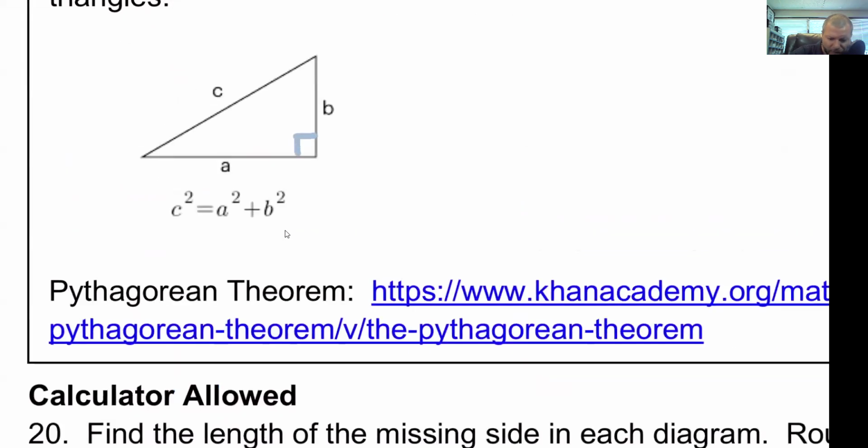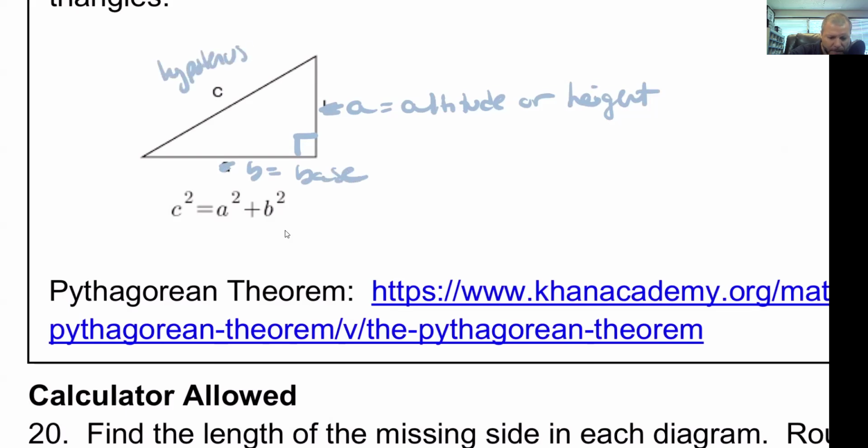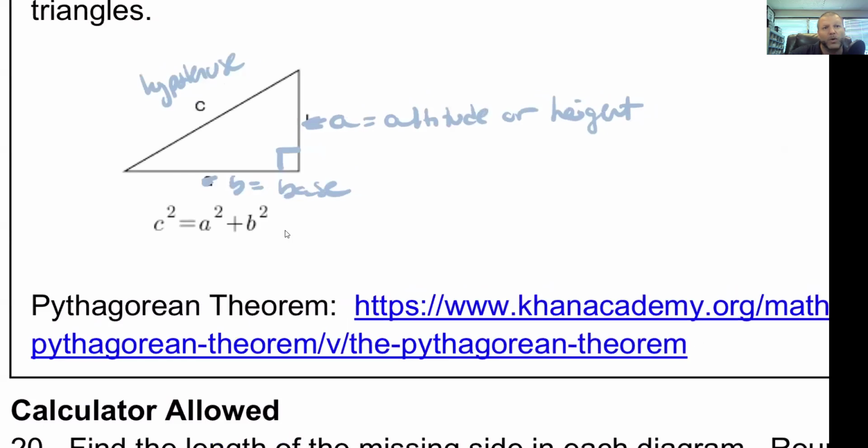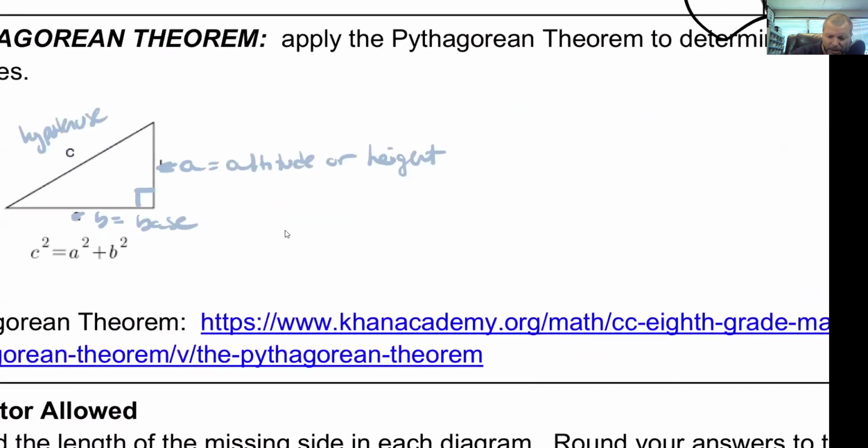So in this question, we can name a couple of things here. This side right here is the altitude, or sometimes called the height of the triangle. This down here is the base of the triangle, and this C is the hypotenuse. So a squared plus b squared equals c squared only makes sense if we already know what a, b, and c represent verbally. One of the things that's always important for Pythagorean theorem questions, and I've said this in other videos, the base and the height,